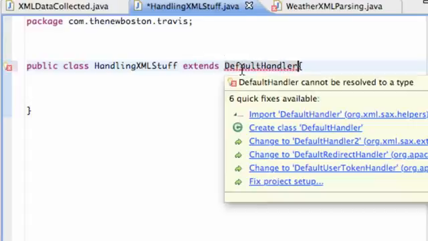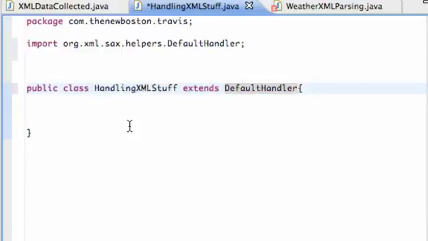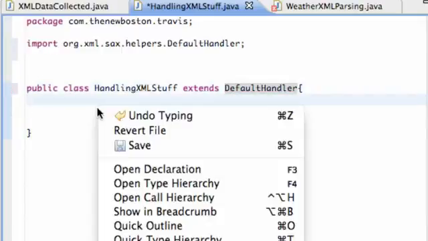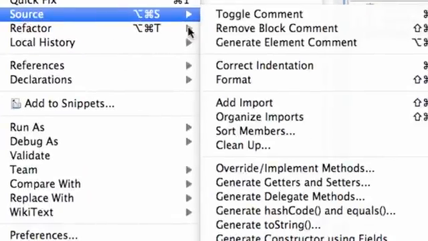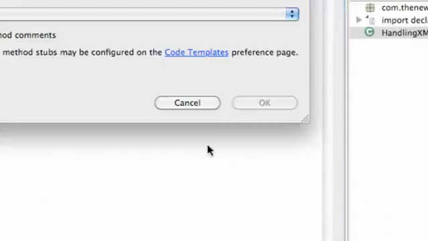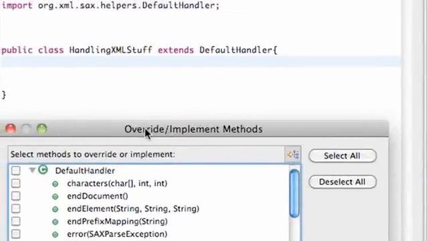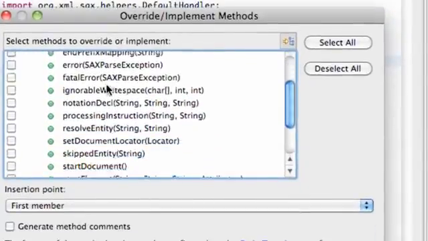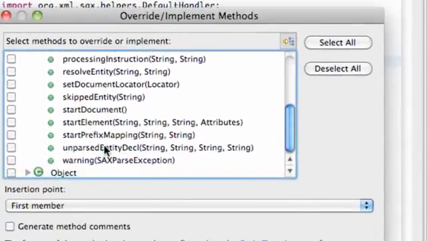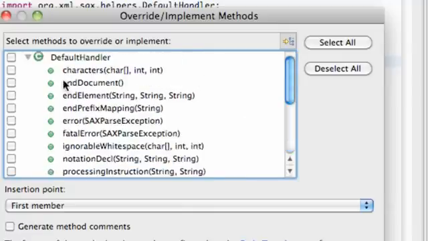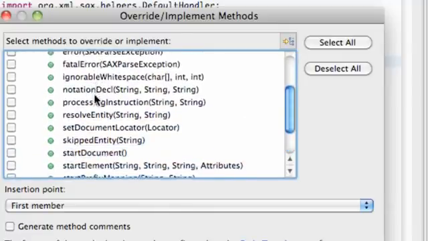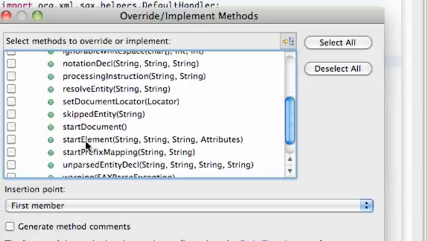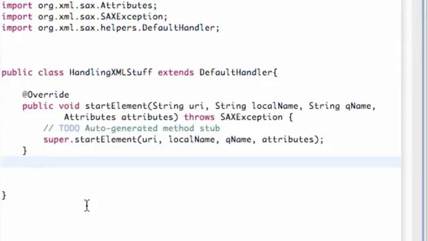And then we just have to import that, Control-Shift-O, and let's just check out some of the methods that we can use for this class. Source, override, implement methods, and here's all of our methods for a default handler, such as start document, end document, and most importantly, we're just looking for certain elements like the city or the temperature. So we're going to work with this start element, and we're just going to hit OK,